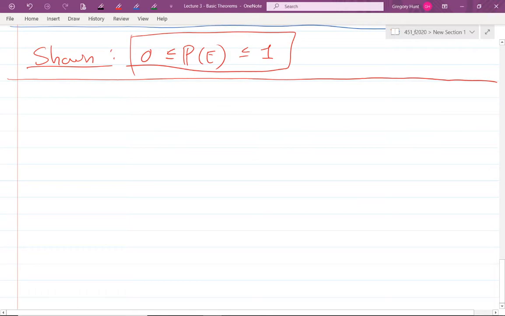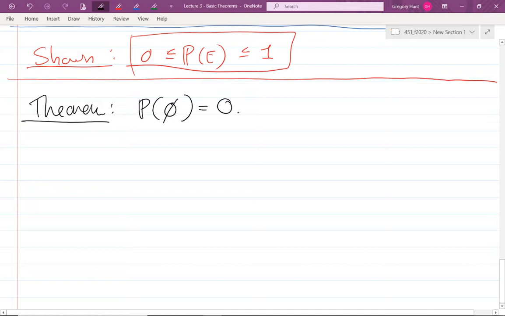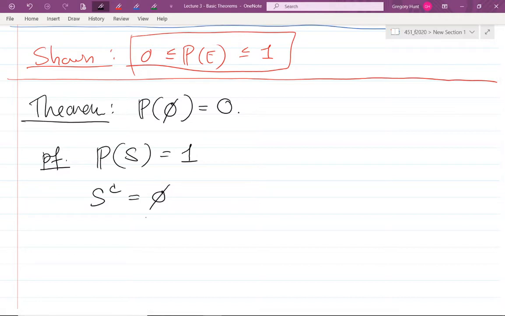Well, that seems very kind of flip side of our other statement. Axiom 1 or axiom 2 says the probability of something happening must be 1. And we can show, so let's write this down as a theorem, we can show that the probability of the empty set is 0. So again, the proof of this is quite quick. We know by axiom 2 that the probability something happens is 1. We want to show that the probability nothing happens is 0. Of course, we know that the complement of S is the empty set. That is, S less S is the empty set.